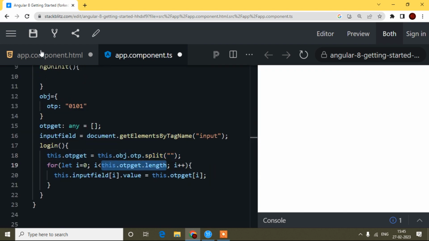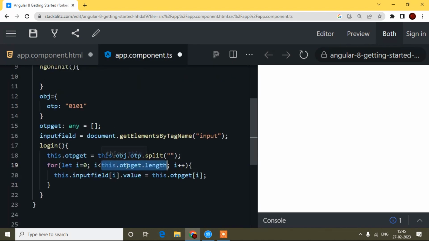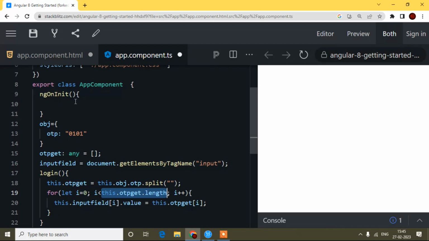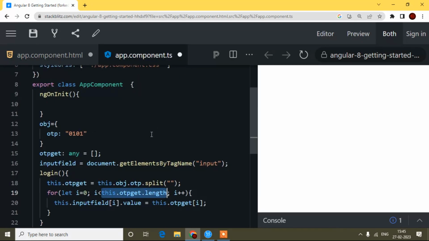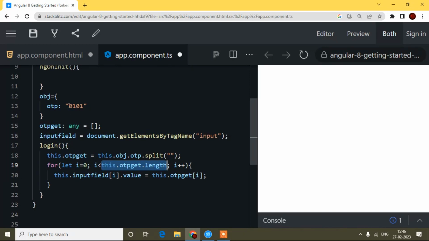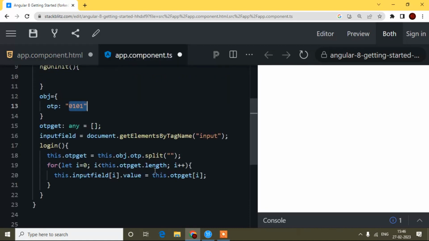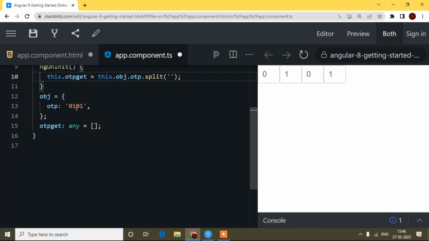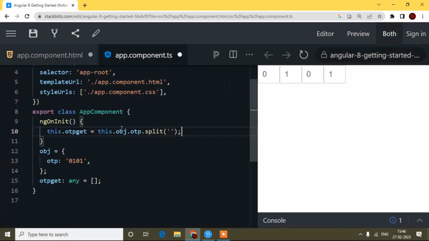But I was saying I can loop this input field also, but I loop this otpGet length because here I loop this input field. So however many digits of OTP I receive, based on that the input field will loop here and display. So that's why it is better to loop this one, based on this one.